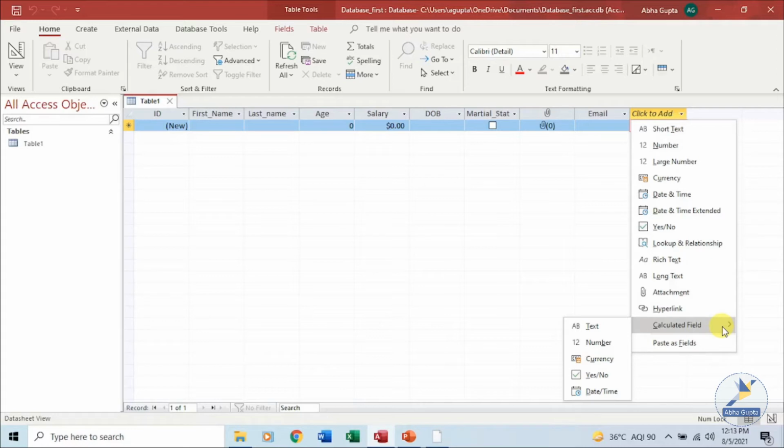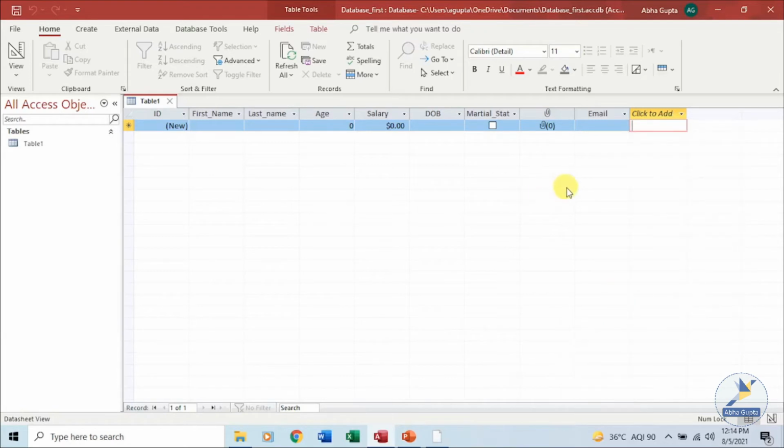You can always calculate the age, or you can calculate for how many years and days this person has been working for us. You can take the first value and subtract it from the last date, today's date, and you can have that data. Once we are working with data insertion and manipulation, we will come to this calculated field also. So for the time being, keep in mind that we can have a field as a calculated field as well.